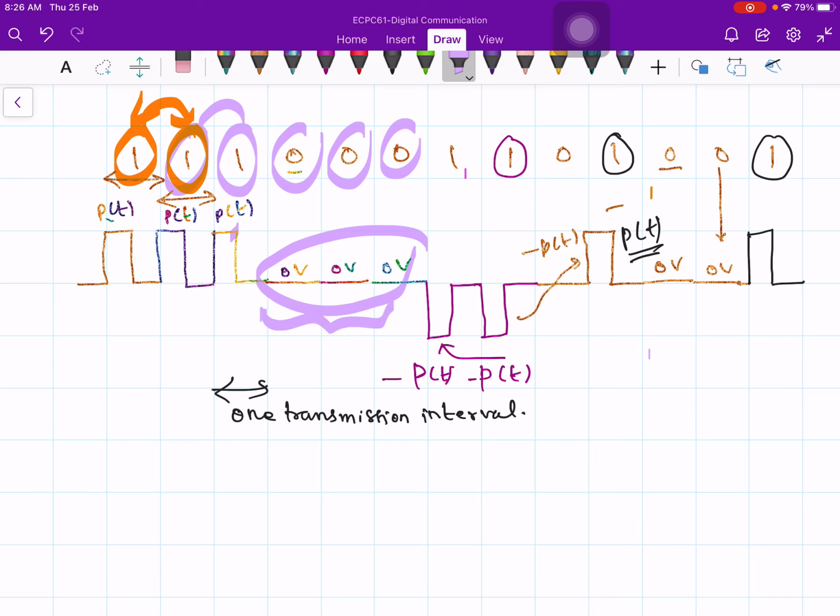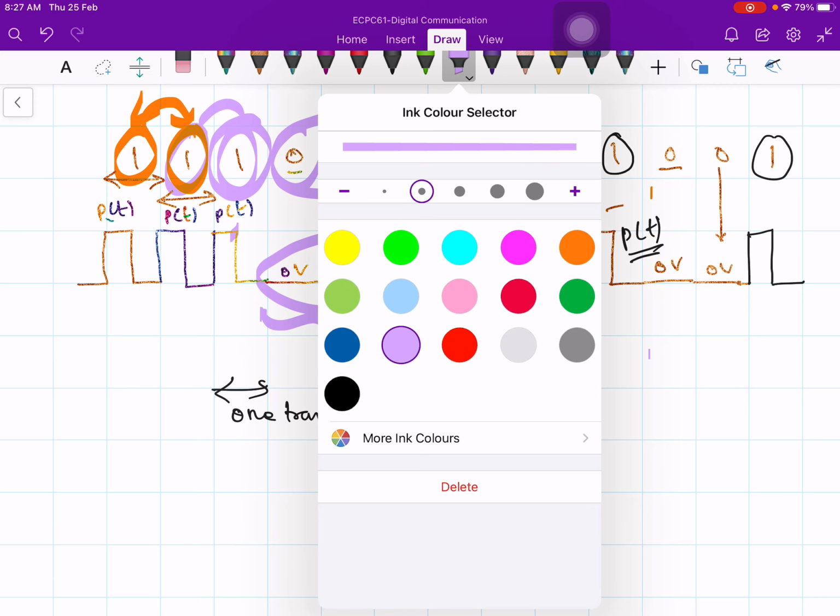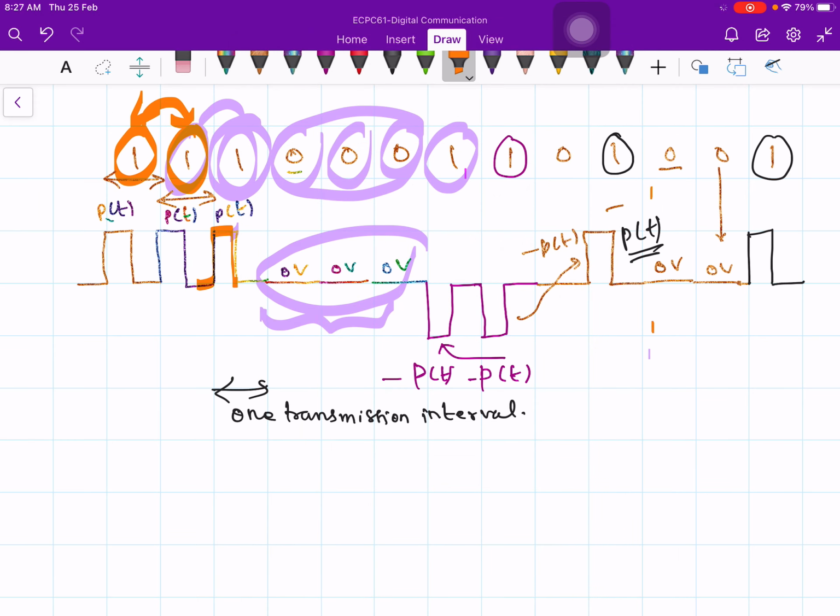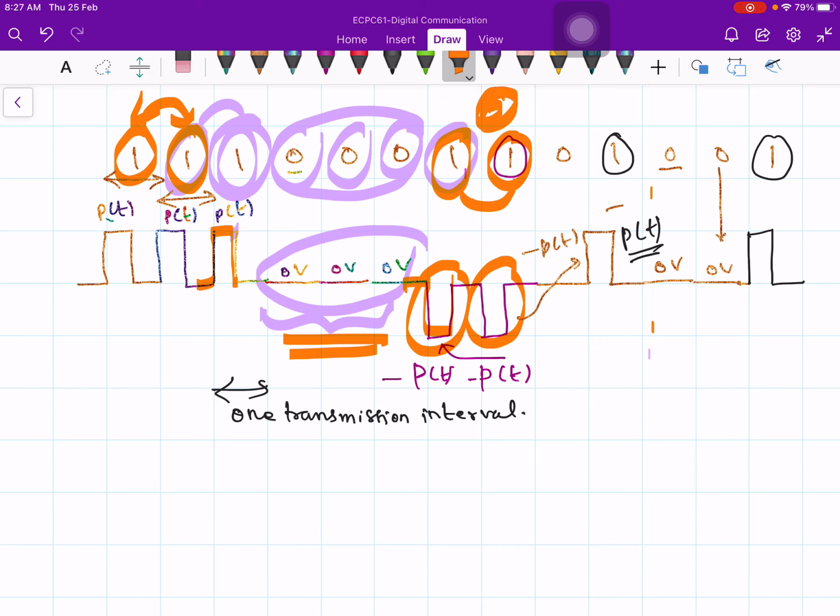So that is why all 3 zeros are coming. Since we have 3 zeros here, in between this one and the next one, the polarity is reversed. Okay, so here the polarity is positive and here the polarity is negative. Polarity is reversed. Why is the polarity reversed? Because odd number of zeros. Okay, and now again we transmit with the same polarity. See, this is negative polarity and this also negative polarity, because in between this digit and this digit even number of zeros. So therefore same polarity is transmitted for this guy.